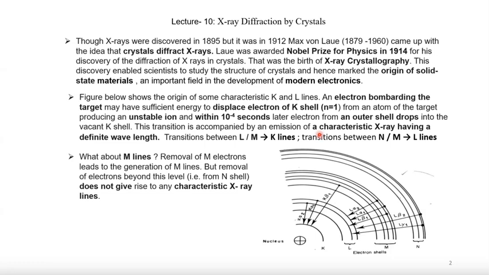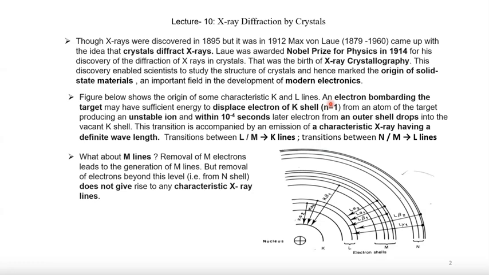This slide I did discuss in the 9th lecture, but I think I have to point out a few more points in these slides. This is how characteristic X-ray lines occur, and we talked about it in the 9th lecture. What I said is that an electron bombards the target, which we discussed in the last lecture. So when an electron bombards a target,